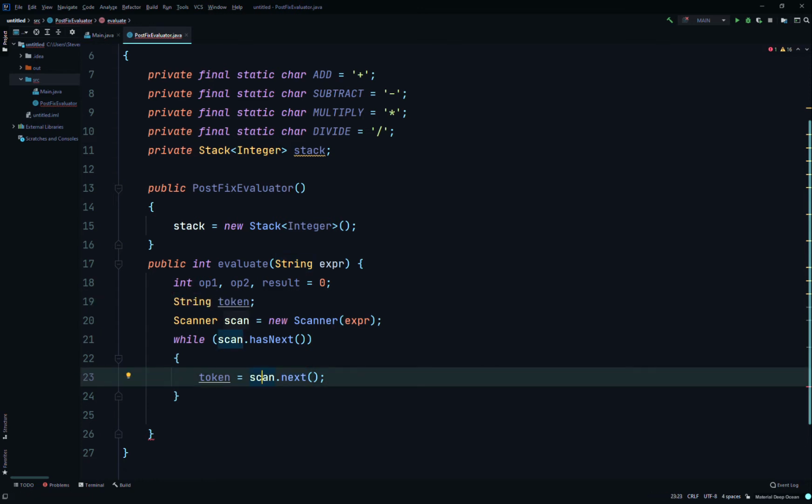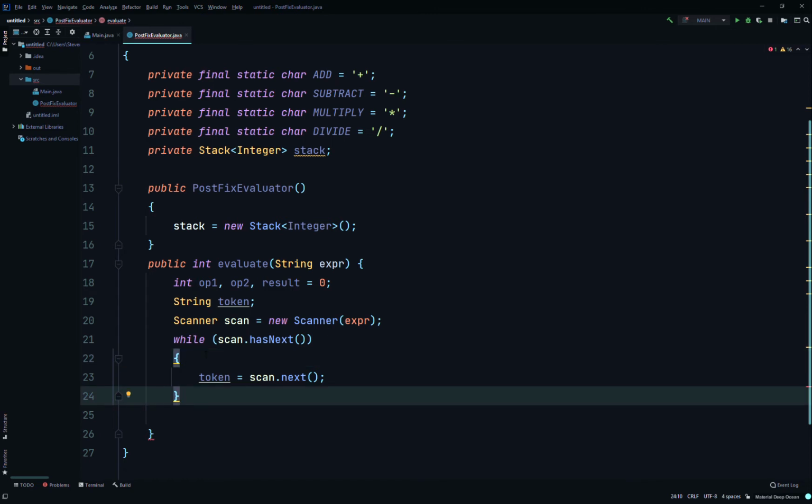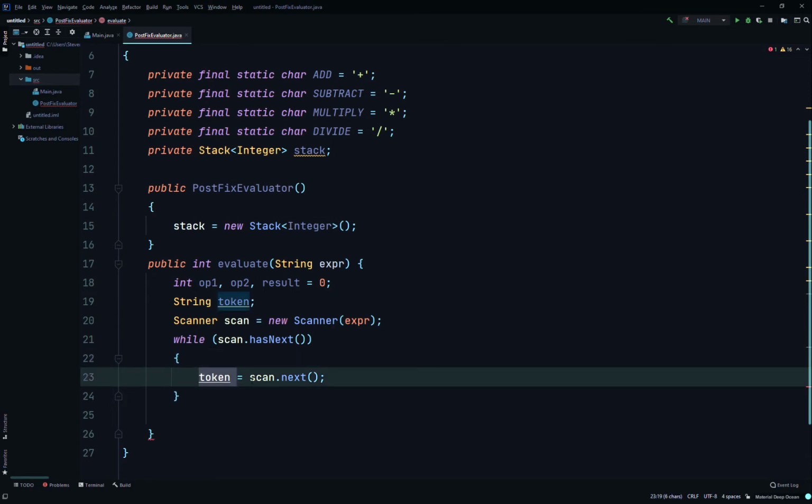So if it's holding like a 5, then it's going to be true. This is going to pass. This condition is going to pass into these brackets because it's saying it's true, it has something. Then now it says that string is equal to 5 because 5 was what it was holding. So then now we'll say